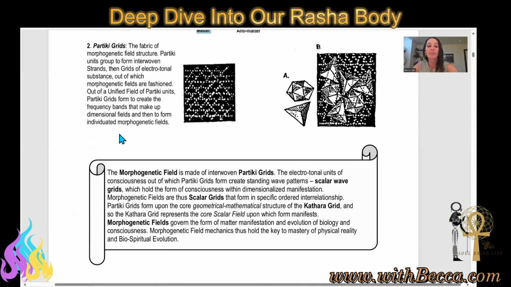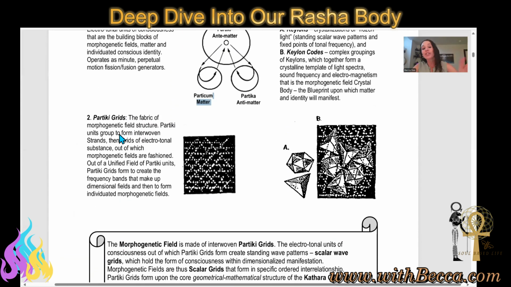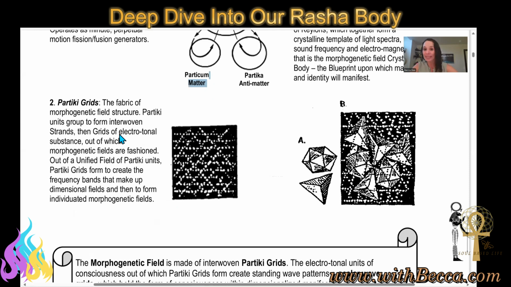So we would think of these as basically the ways that morphogenetic fields, standing scalar grids are created, and basically these womb worlds, or these holding templates, that's all the mother is. It's all basically these light grids, these standing morphogenetic grids, which are scalar, standing scalar wave grids. Scalar waves, they're not moving, they're reverberating. That's what they're doing, and as they reverberate within certain ways, they can hold form or pattern or shape.